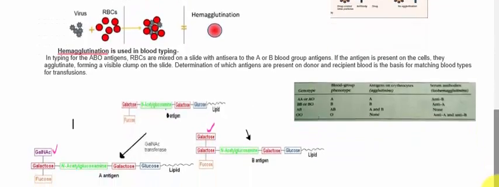And in case of blood grouping, hemagglutination processes occur. Just remember the O antigen structure, then just add galactose, and it will be the B antigen. And if you add N-acetylgalactosamine to the O antigen, then it becomes the A antigen. So that's all about the